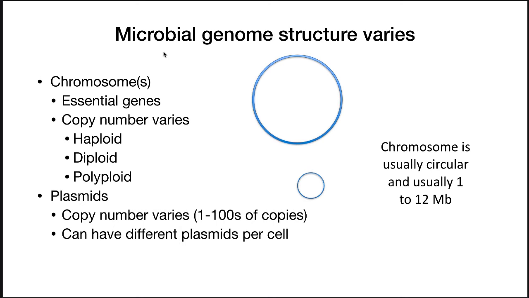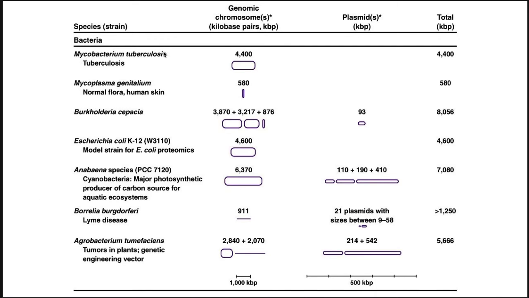But of course, there are always exceptions, and here are some examples. Mycobacterium tuberculosis. By the way, you do not need to remember this slide. These are just examples. What I want you to get from this slide is that genomes can vary. Some will have a single plasmid, as in Mycobacterium tuberculosis. Others will have all sorts of different things. Agrobacterium tumefaciens has a circular chromosome, a linear chromosome, and then 2 circular plasmids. Borrelia burgdorferi has a linear chromosome and 21 plasmids. So it can be very different just depending on the organism.